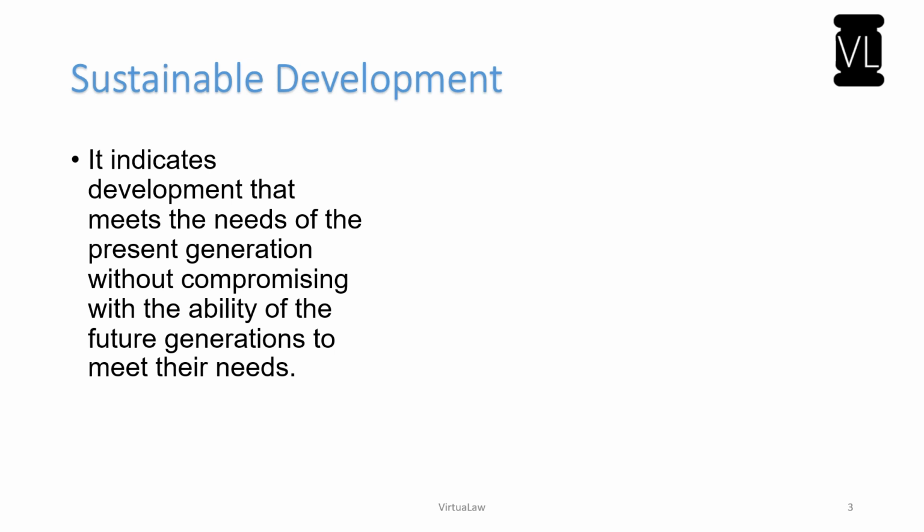It says that it is a development wherein the needs of the present generation are met without compromising the ability of the future generation to meet their own needs. Which means, say for example, there is a water reserve, which you are utilizing for the supply of fresh drinking water for the citizens of a particular country. In that case, if the utilization is in such a manner that the water resources are available for future generations to meet their own water needs, then that is what is called sustainable development.